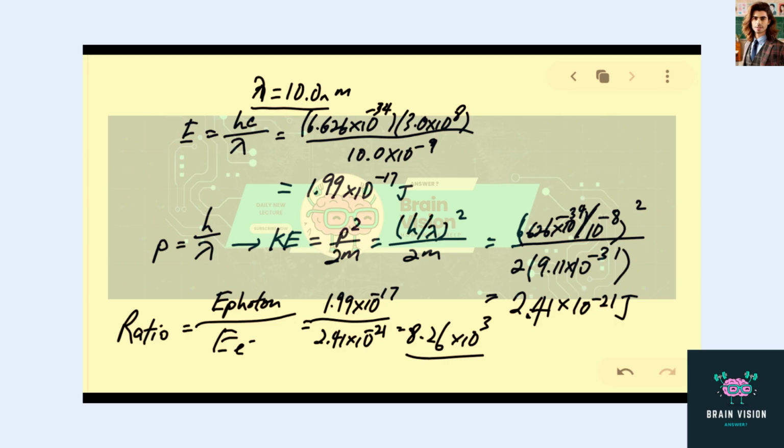Now, of course, this would mean that the photon is definitely more damaging than the electron. So the electron is the less damaging one, because it deposits less energy into our specimen, which means that there will be less ionization that could occur, and it would mean less damage. Right, so the electron is less energy,